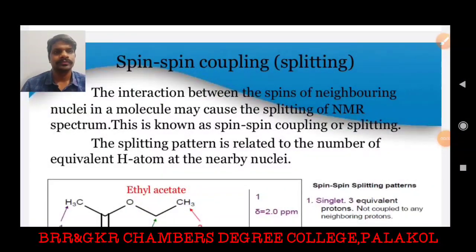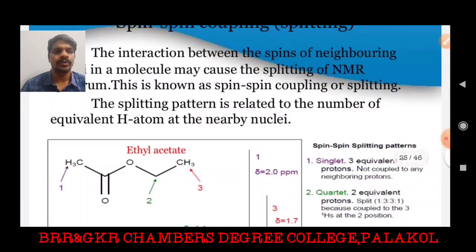Good morning, students. In this video, we are going to discuss the last two concepts in proton NMR spectroscopy: spin-spin coupling and coupling constant. Usually, in a proton NMR spectrum, the molecule exhibits signals as a doublet, a triplet, a multiplet, or a quartet. But for example, a molecule having 3 environments of protons usually exhibits 3 singlets.